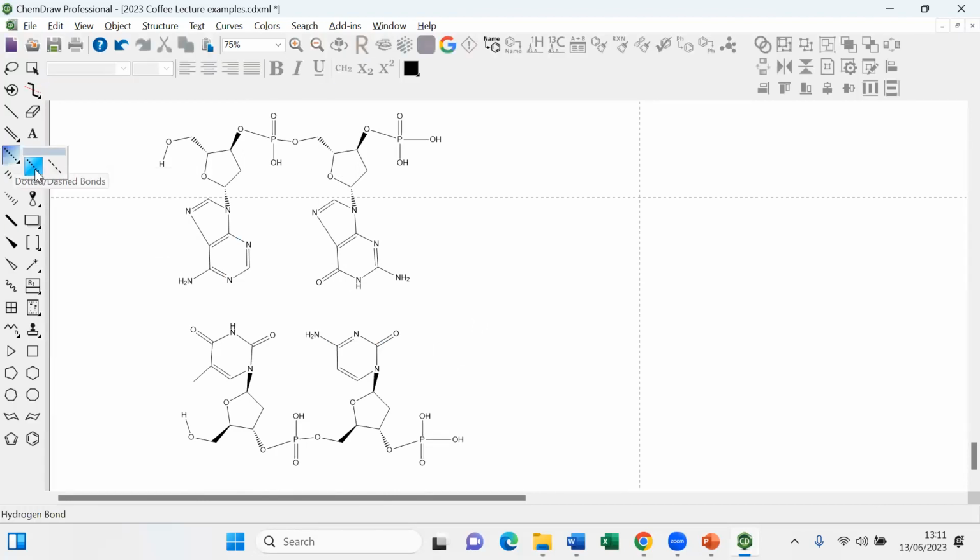Here we have one function that is a hydrogen bond. The other one is just a dashed bond. So let's quickly see what the difference is. If I do this here, typically if I make a bond from an atom that has a hydrogen attached, then the hydrogen disappears, and here it doesn't. You also see that now I get a warning.